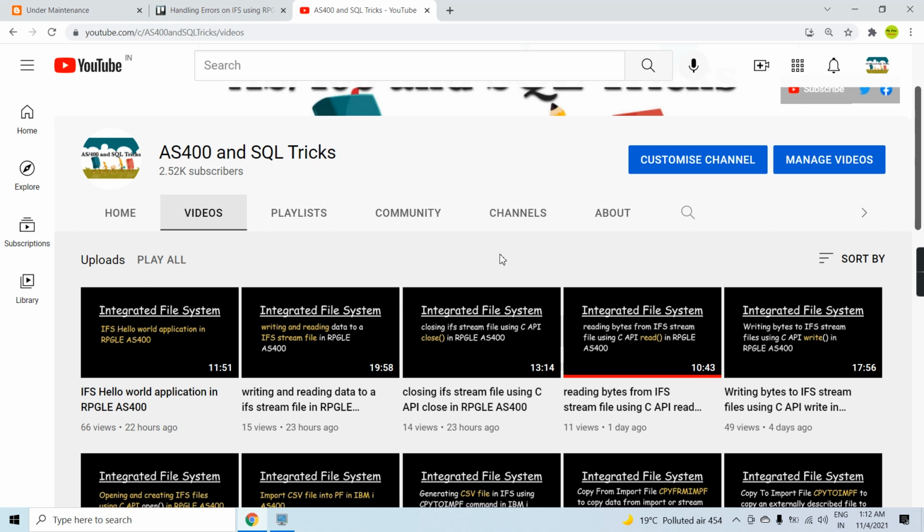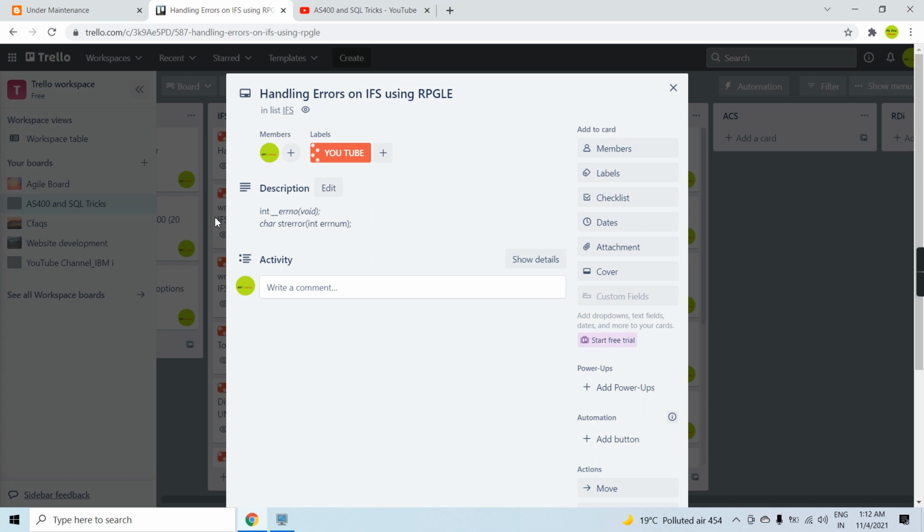In case a file is not read, not created or not closed, in all those conditions we need to have the error number or the message, so that we know what error occurred while opening a file, reading a file, writing a file, or closing a file. So let's learn some error handling in this video, so that you can do error handling in your codes as